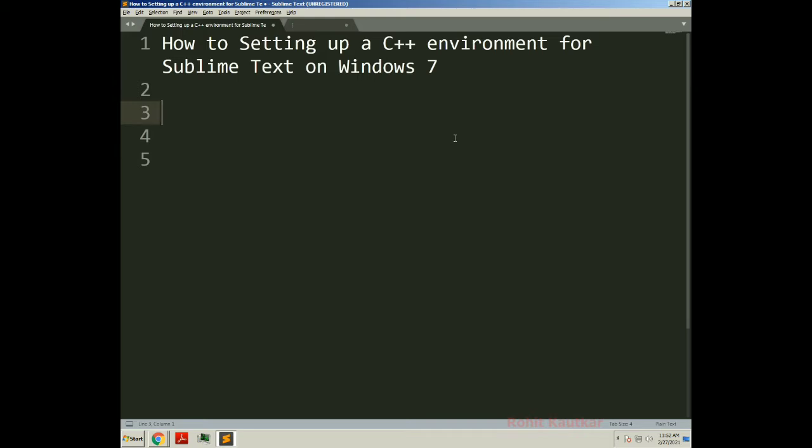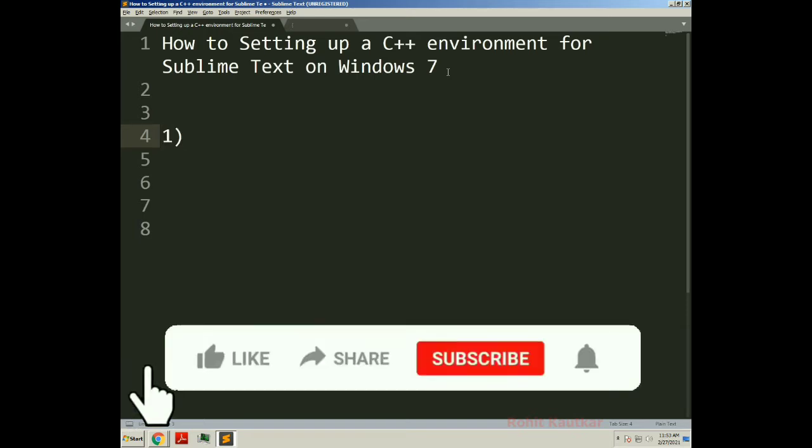Welcome to this video. In this video, I will try to show you how you can set up C++ environment for Sublime Text on Windows 7. So in order to execute your C++ program in Sublime Text, first of all, install compiler